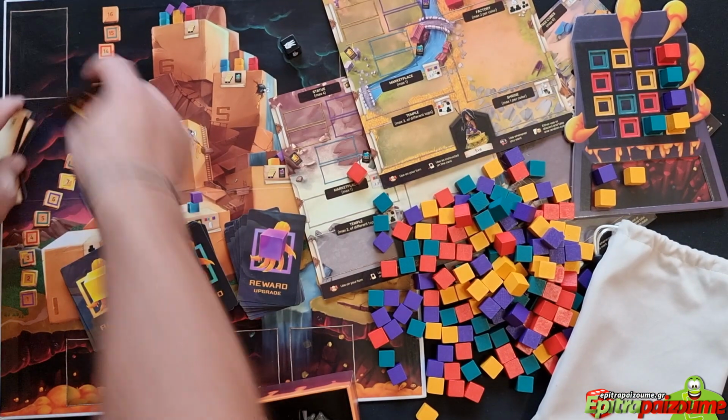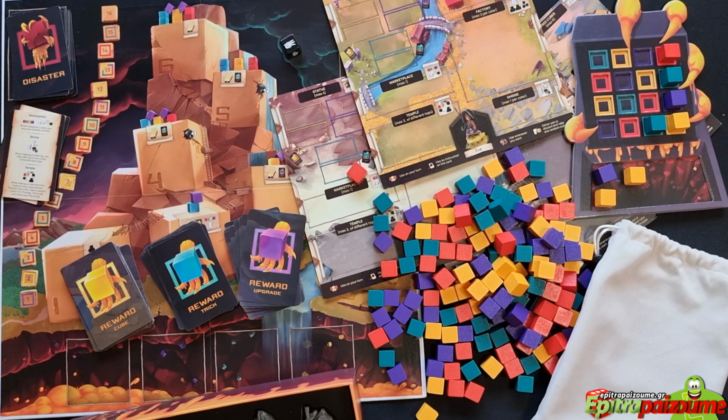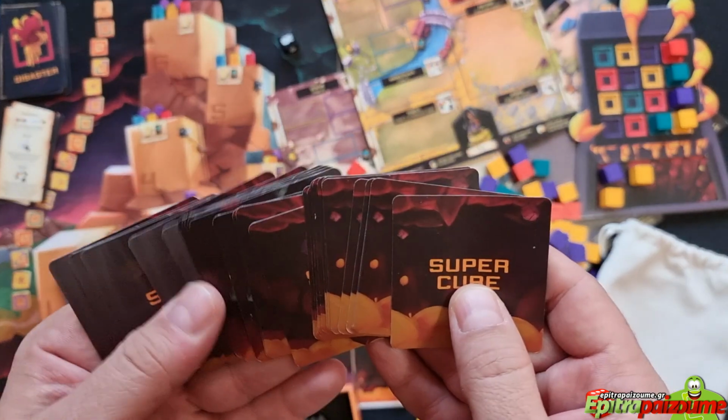Very nice art, very nice iconography, everything works really as expected, I would say, in the game, at least from the theory. I have read the rulebook and I'm very excited to play it. Then these are the super cube cards in 4 different types,